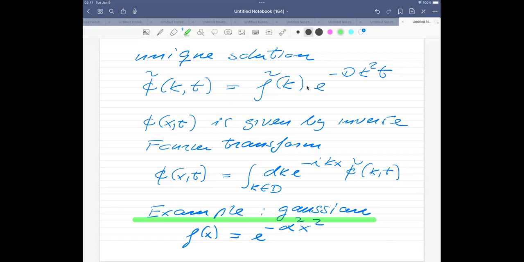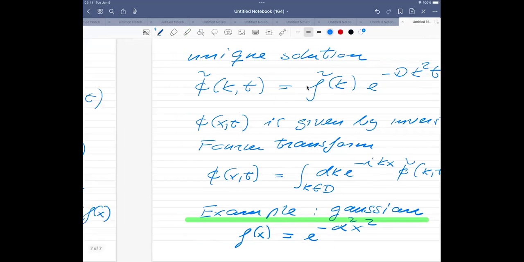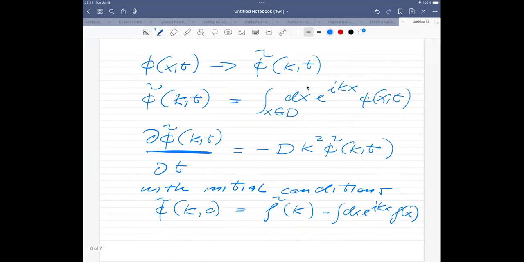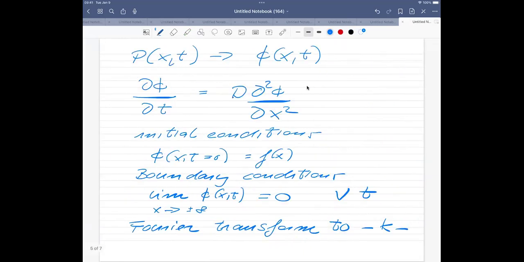This transition probability in the literature is called the Green's function, and some of you may have encountered Green's functions in a course in mathematical physics. But let's look at the example we started with before the break. We assume that this f of x, our initial condition requirement on the probability distribution,